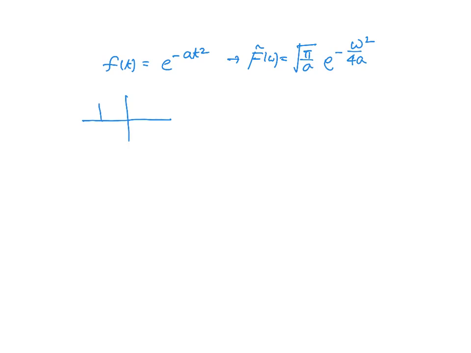Something, the Fourier transform when f(t) is a t square, pi over a exponential minus 4 a omega square. This one has very important properties. And if f(t) is given by this,